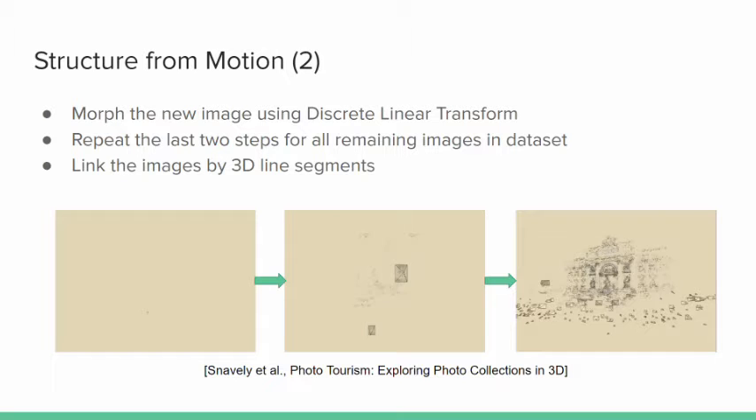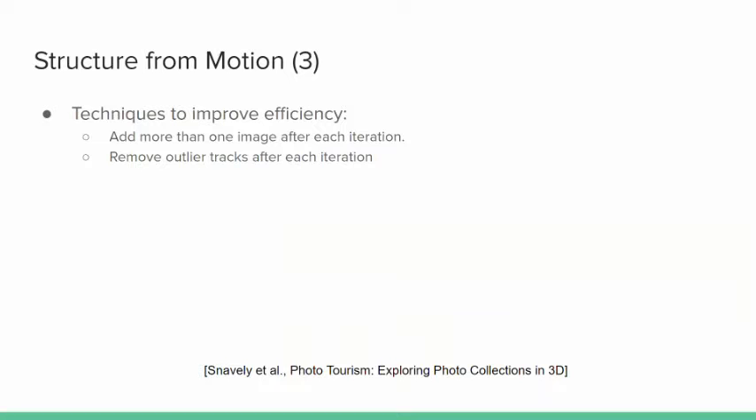So the new image is suitably morphed using a discrete linear transform, which is a method to compute the homography matrix. So we repeat the previous 2 steps for the remaining images in the dataset and join them using 3D line segments. On projecting the key points from this image database, you can find the sparse 3D model of the site. Now, doing this procedure for thousands of images is bound to be expensive, and here are some hacks to